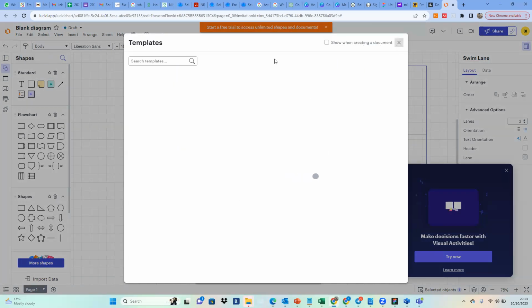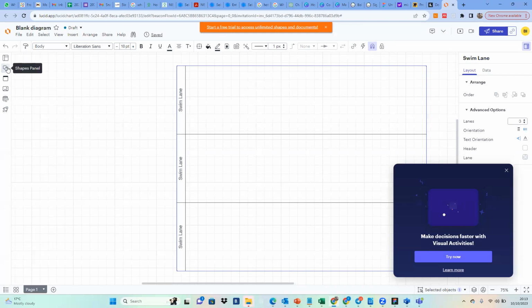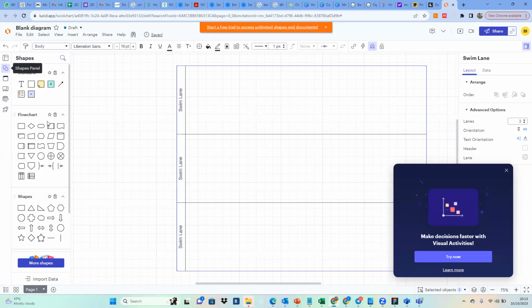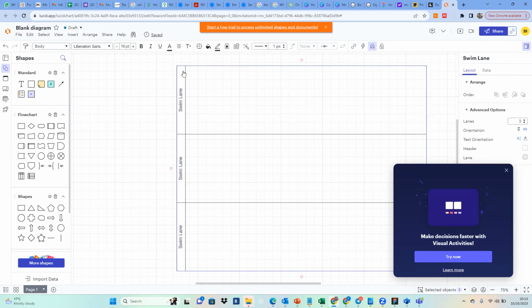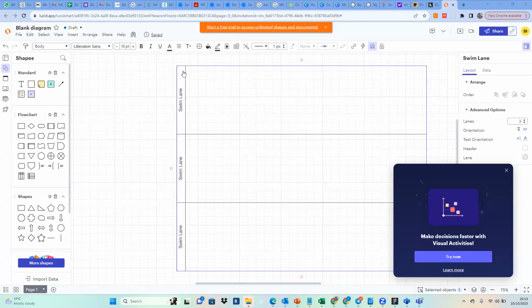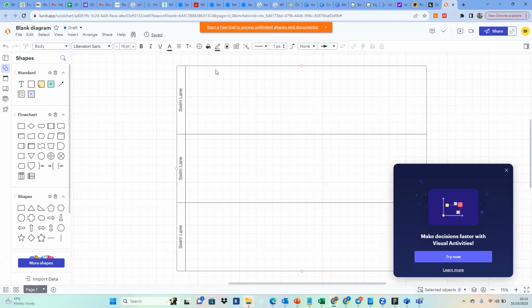Apologies to everyone. We'll soon start using Visio. I just want to ensure that everyone gets sorted. You can use this predefined one, or you can